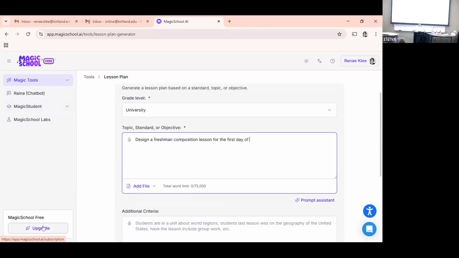The easiest way would be to download it and import it into Canvas. I've not experimented with putting it in Canvas yet. Out of curiosity, let's try hitting download and see what happens. Okay, export to Google Docs, so it'll allow you to create a Word document with it, or whatever.